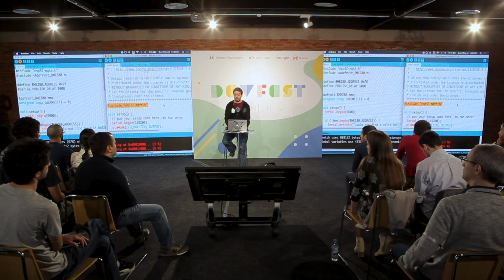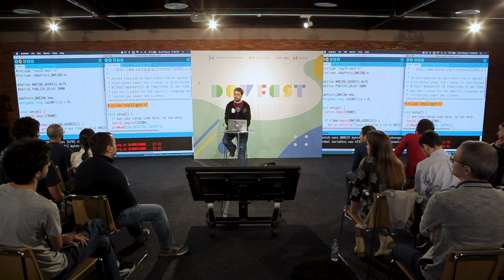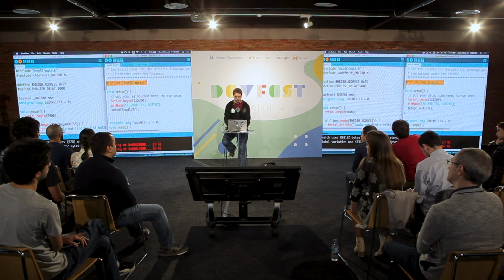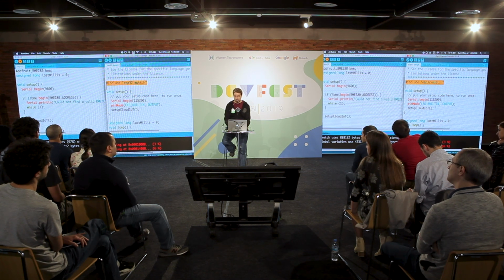OK, it's flashing. So what I did is, remember my project from earlier? I just, once again, imported a header, so this header to connect to the MQTT implementation. In the setup method, you just have to call setup cloud IoT.